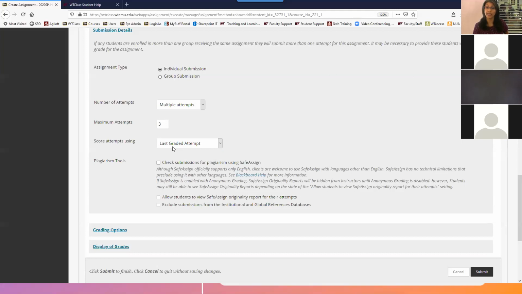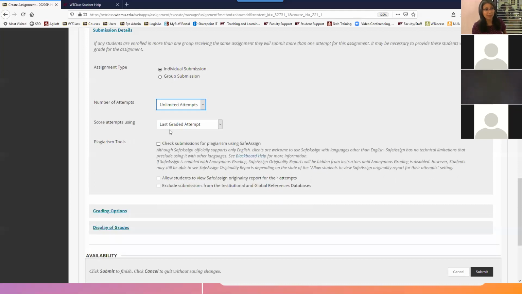Once you grade that, let's say the student earns a B, you enter in a B, now it'll take away all the other submissions if you have last graded attempt selected. So you're not having to grade every single submission that they put in. You can do unlimited attempts, but if a student submits 10 different times, then you're going to have 10 different submissions in your queue. So you always want to select last graded attempt, or there are options to keep the highest grade,